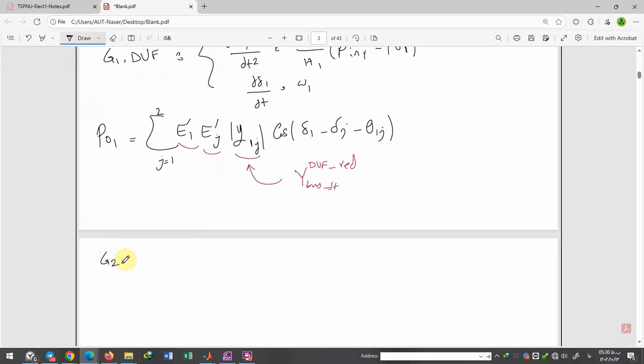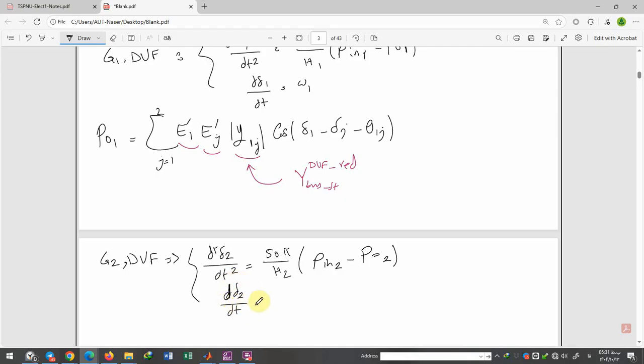for generator 2 during fault, we have to write a set of differential equations. d²delta 2 over dt² is equal to 50 pi over H2 times P input of generator 2 minus P output of generator 2, and d delta 2 over dt is omega 2. And after solving this differential equation, you can get delta 2 during fault